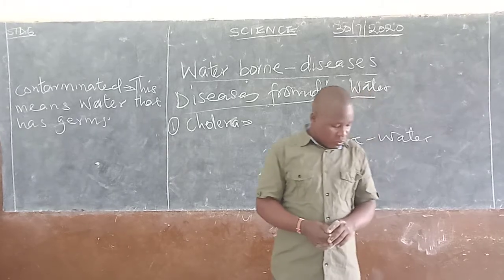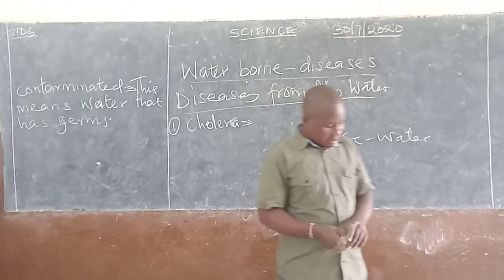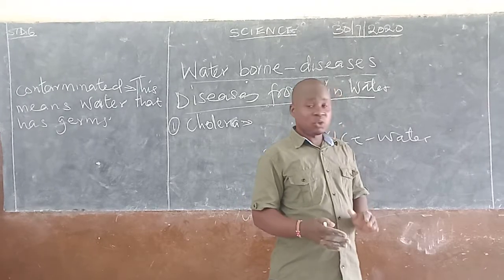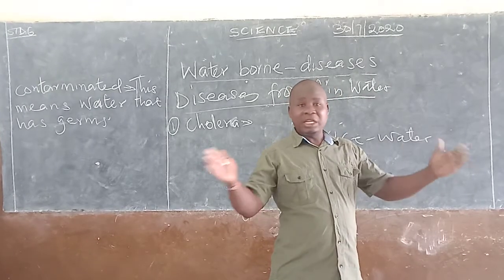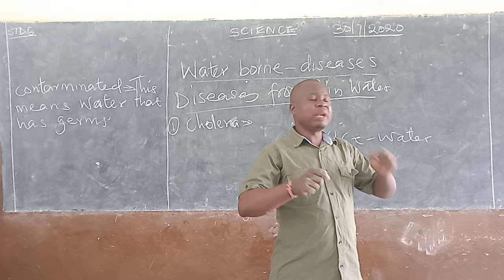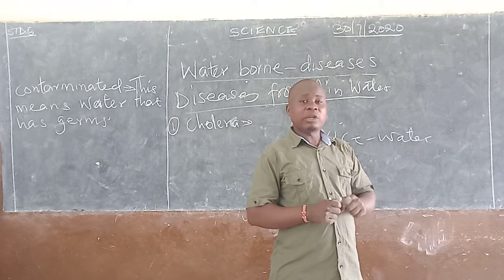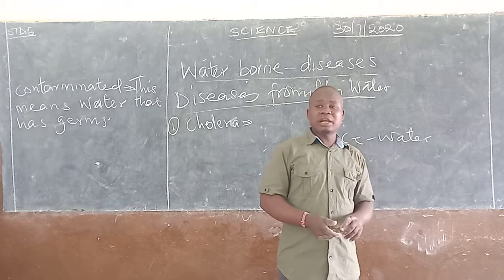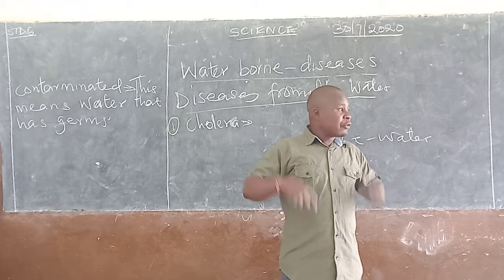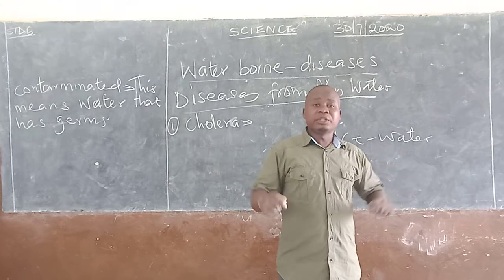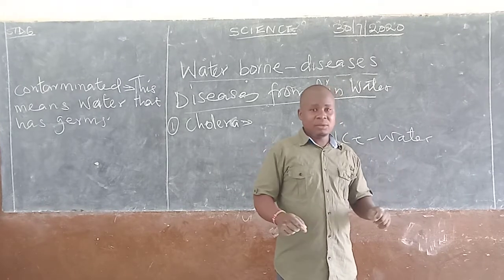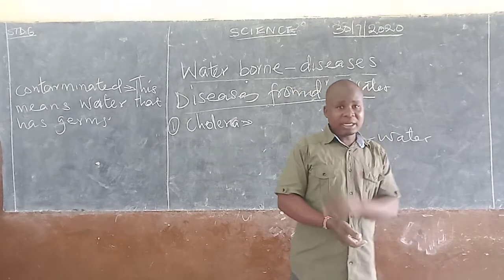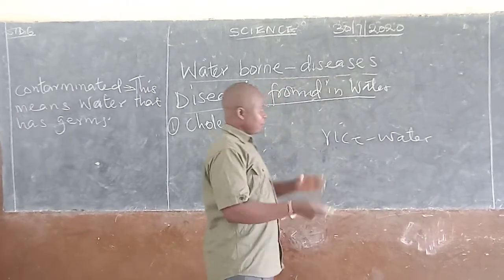Then wear protective clothes such as rubber gloves and gumboots when handling stagnant water. If there is any stagnant water, please don't play in it. Or if the young ones are playing in stagnant water, please try to drain it. And how do you drain it? Before you drain it, make sure you have protective boots and gloves on. Then let us go to typhoid.